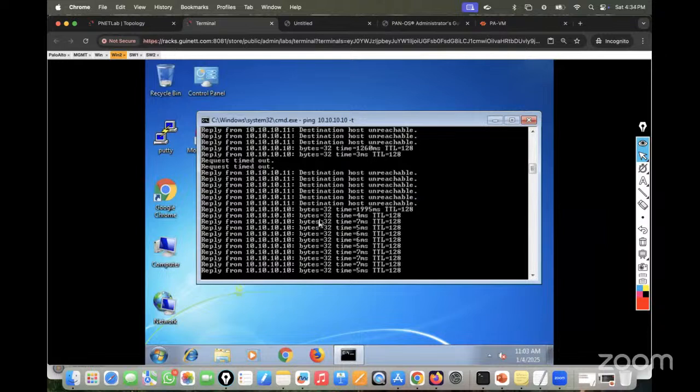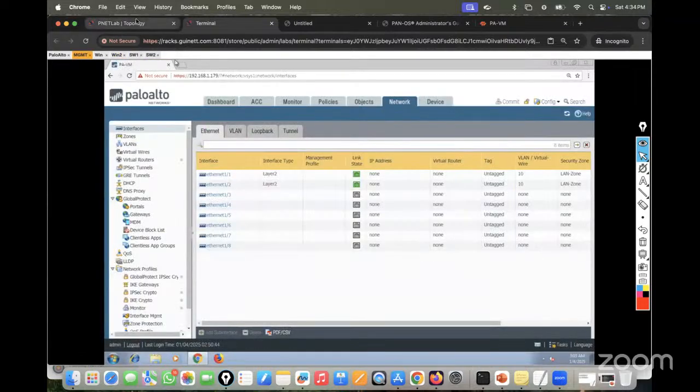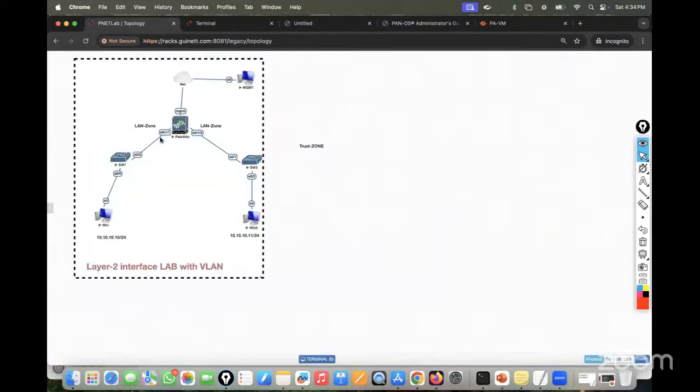I haven't done much. I simply configured these two interfaces under the VLAN, same VLAN ID, and they start communicating. But how is it possible? Do we require any policy? The answer is yes. We require a policy, but in Palo Alto Firewall, by default,